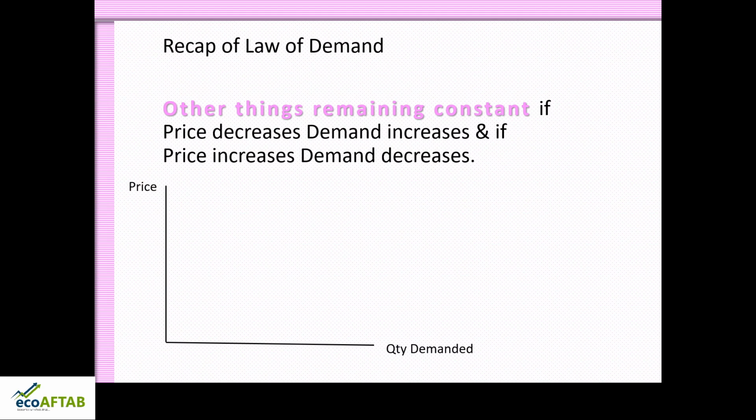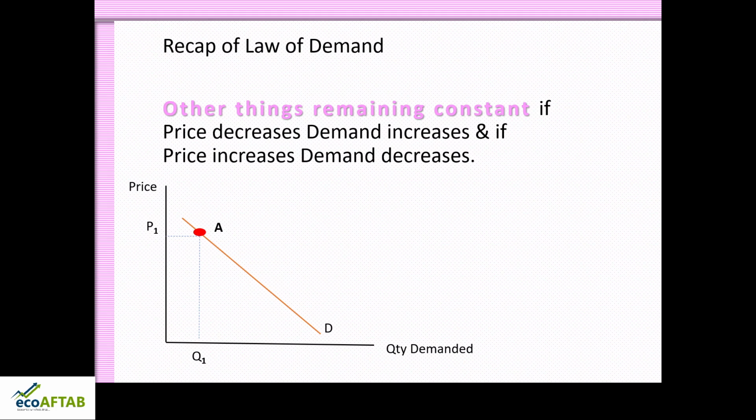Now here is the demand curve, where on the x axis we have quantity demanded and on the y axis we have price. So here you can see the demand curve. If we assume initially the price to be P1, the consumer is at this particular red point, and let us name it A. So at point A, the consumer is buying Q1 amount of quantity at price P1.